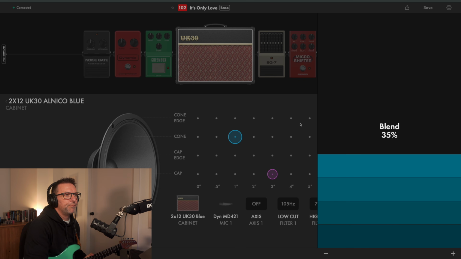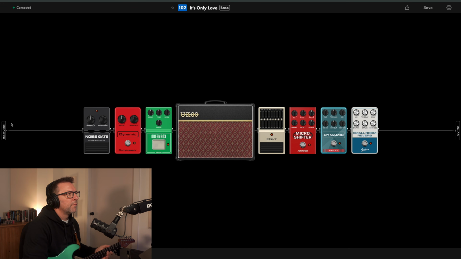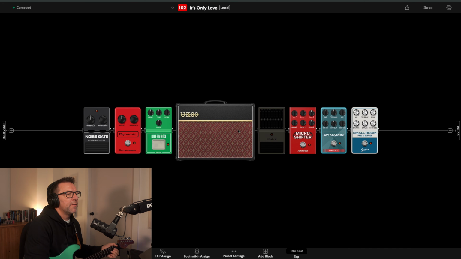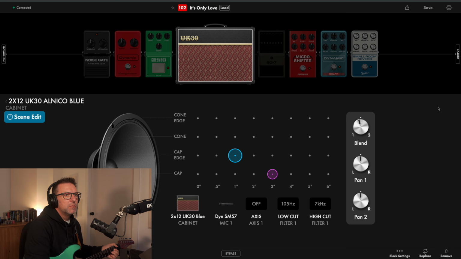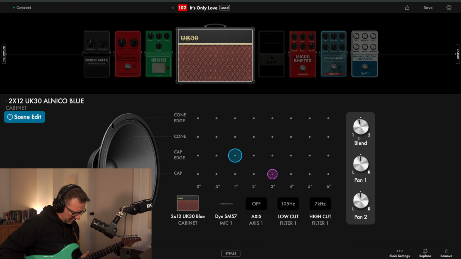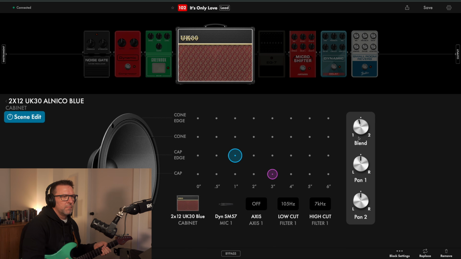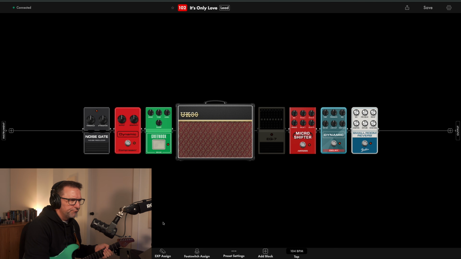Pretty happy with that. And then for the lead, the SM57 is off axis. Quite loud.